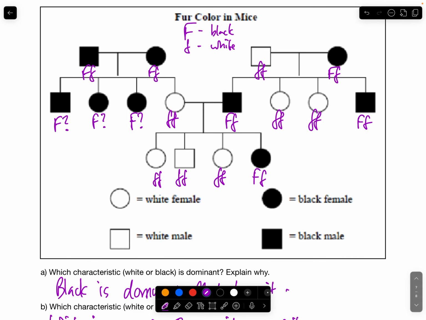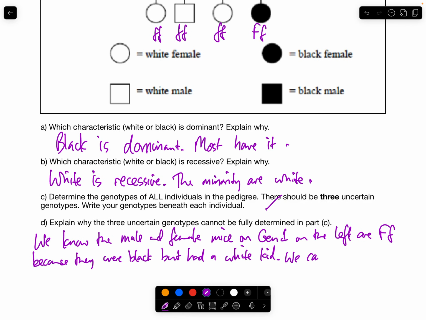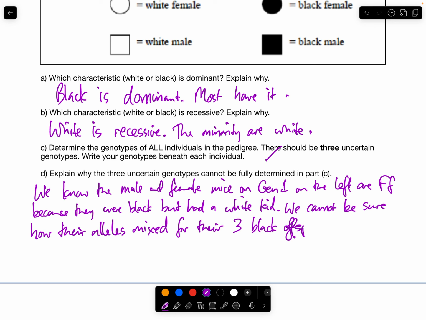That's the small f, small f. We cannot be sure how their alleles mixed for their 3 black offspring,